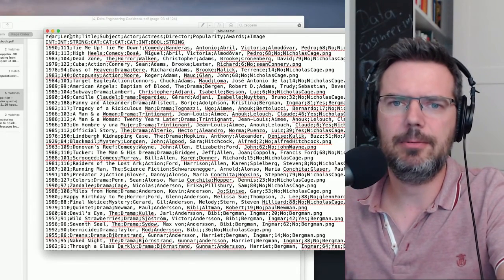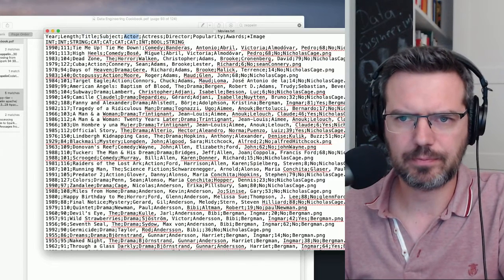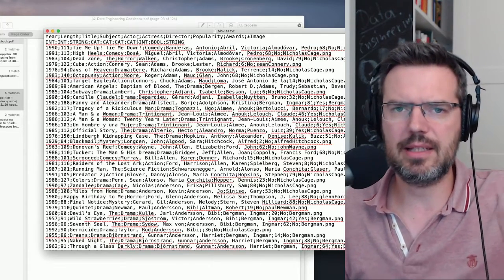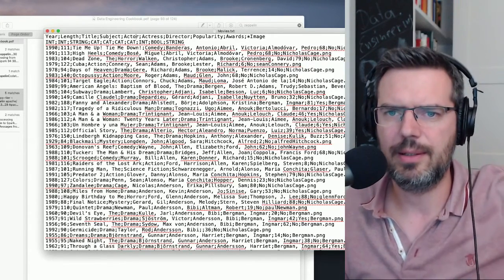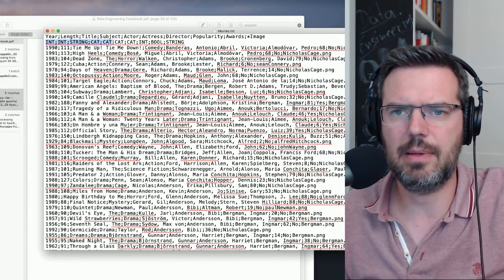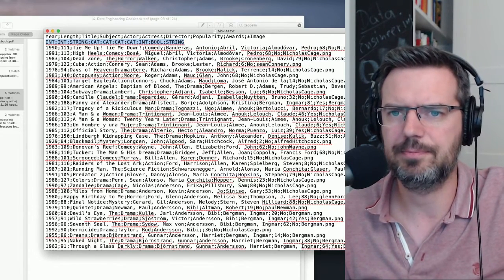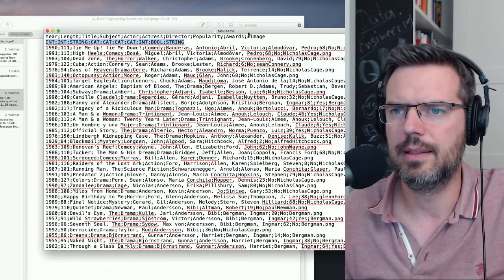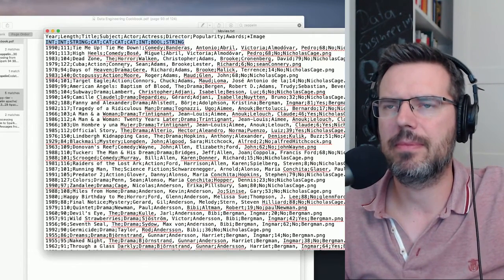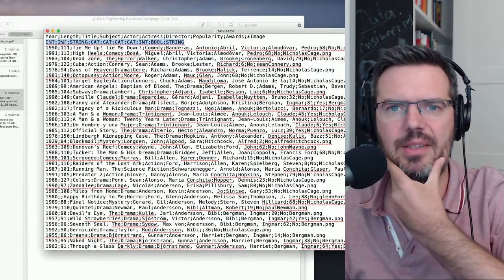You have basically year, length of the movie, title, subject, author, actress, actor, director, popularity, and so on. The second line is the type that you have: int, string, Boolean for yes or no, and other data types. It doesn't really matter for this example.